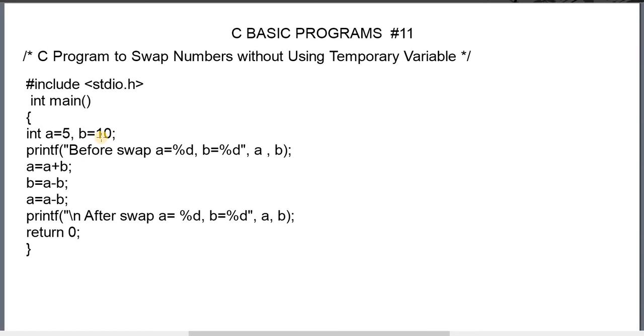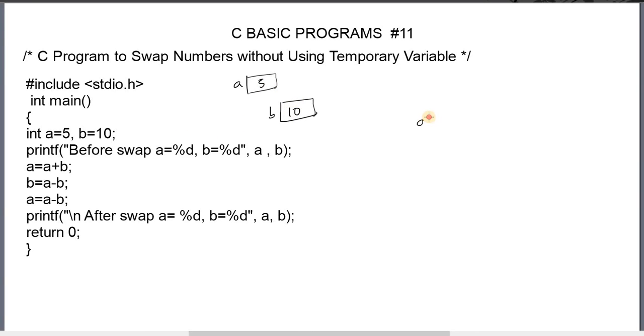Here we have declared two variables, so we will get two locations, A and B. This variable type is integer, so each variable takes 2 bytes of memory. Each variable can store a single integer, 5 and 10. There is no third variable here. How to interchange these two variables?